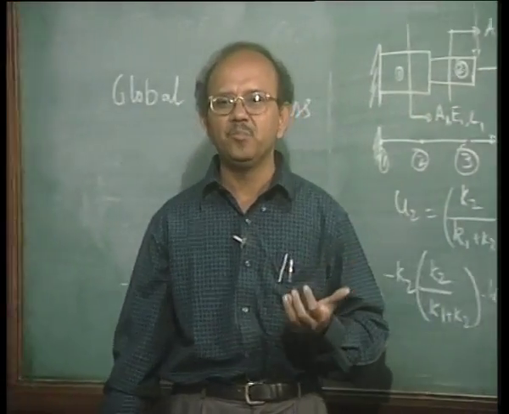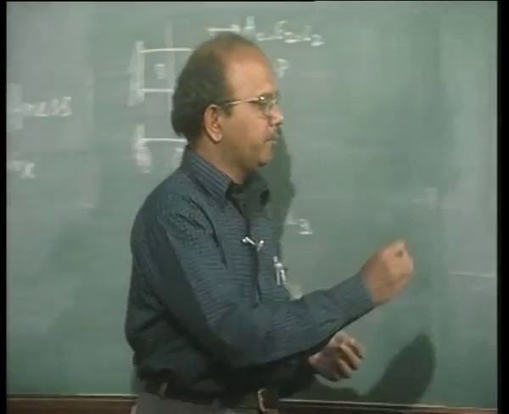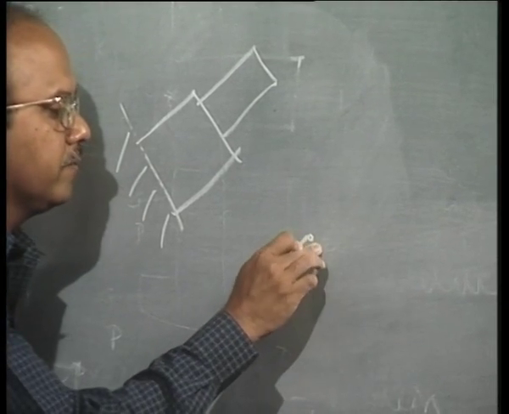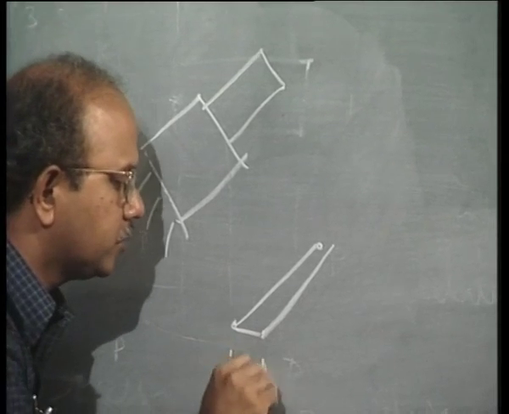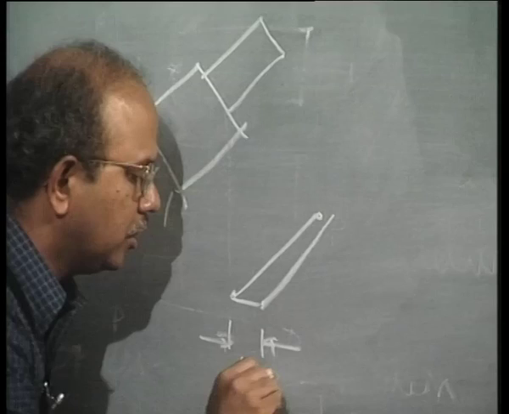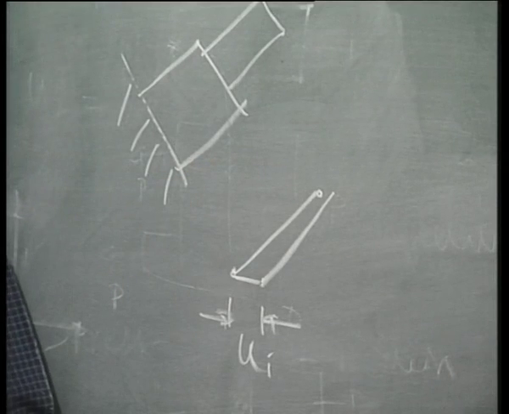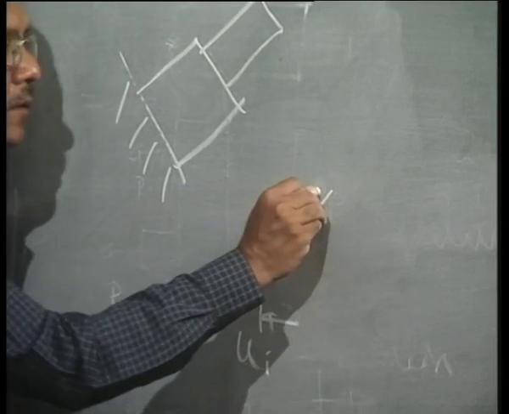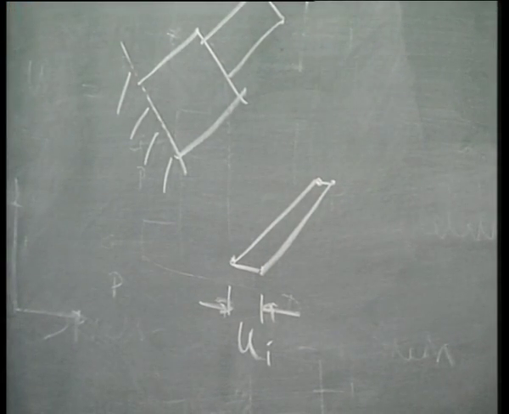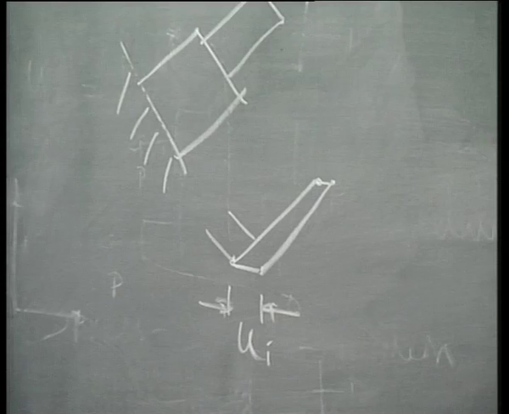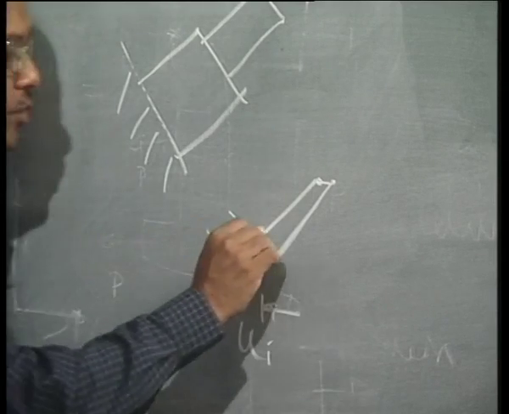No. What essentially it means is that, for example, if this is the original bar, and if this is the displacement, and this displacement happens to be, say, ui, and that displacement happens to be uj, what essentially you do as far as the stiffness matrix is concerned is to resolve these displacements along the direction of the bar, and if this angle happens to be beta,